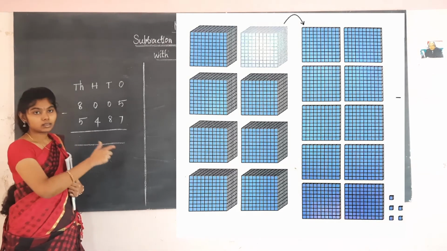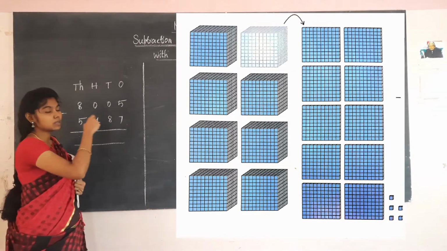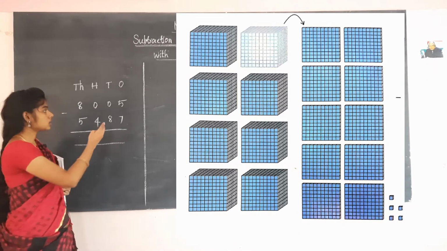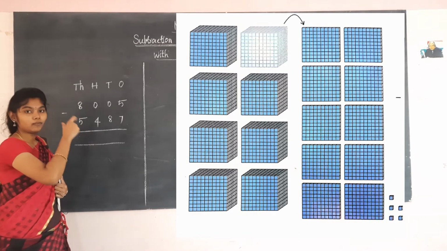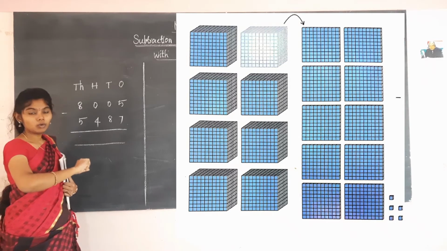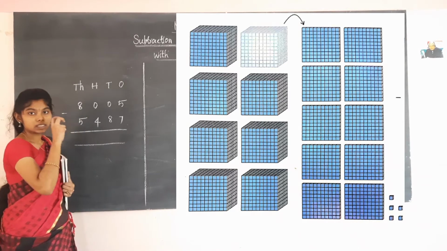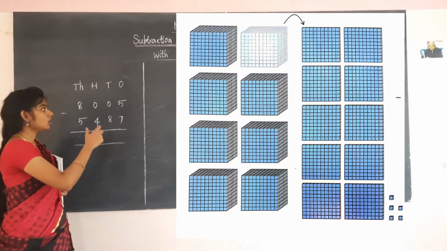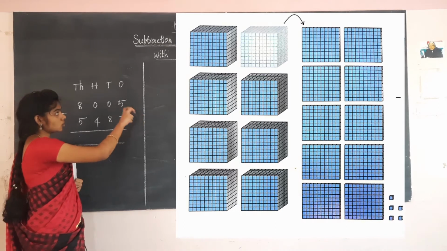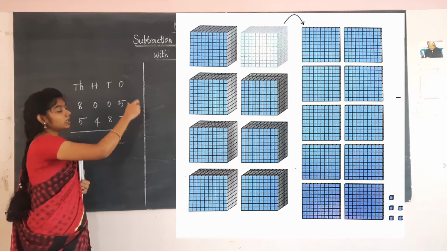Here there are 8 blocks of thousands given. With regrouping, we have to carry over from the thousands place, because all the numbers here are smaller. So take 1,000 from the thousands place and carry it over. When you remove the 1,000, you will get 10 flats, that is 10 hundreds. From the 8,000 you will get 7,000 now, and you carry over 10 hundreds.